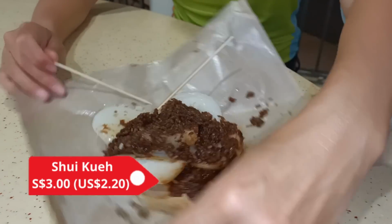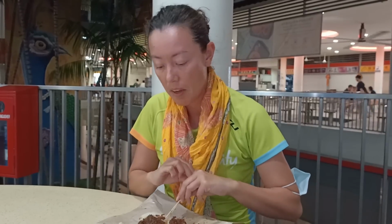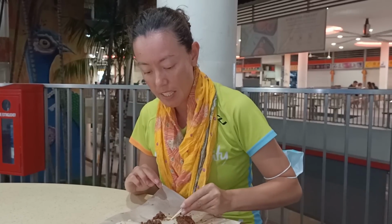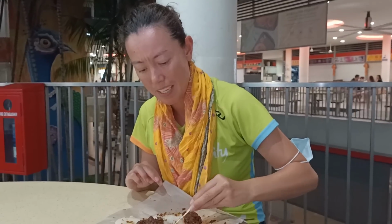This is Shui Kueh. Now, I believe it's a rice cake and it comes with toppings. So we've got chili, and I've been told that the topping isn't vegetarian. So I believe it's a fish-based, maybe shrimp topping. I can see some sesame seeds in here. And this looks very interesting. I'm not quite sure how to eat it, but I've been given these toothpicks, so